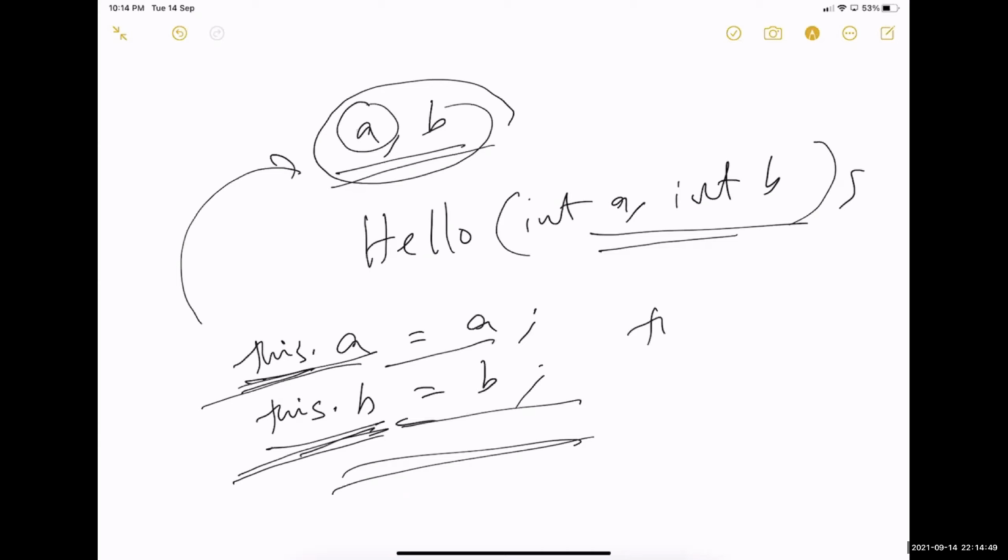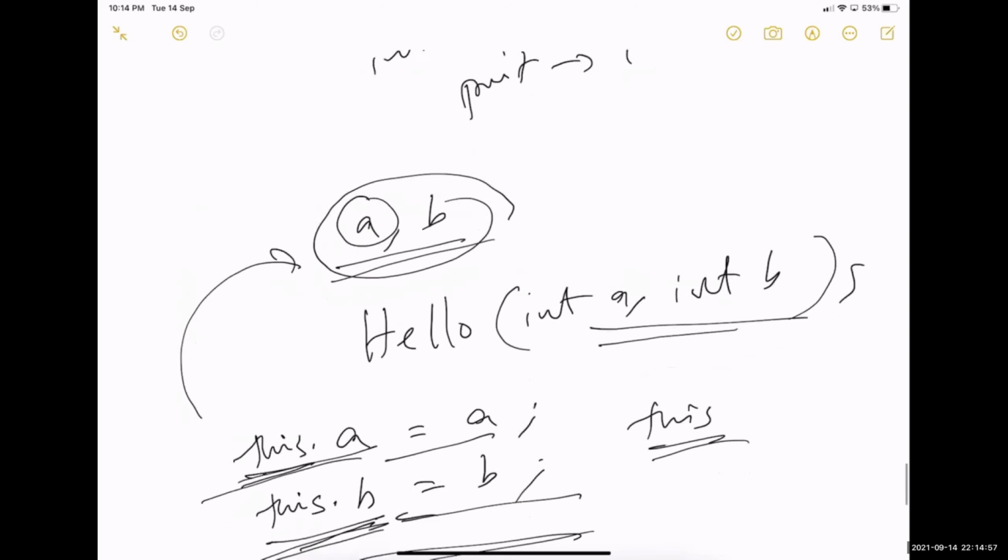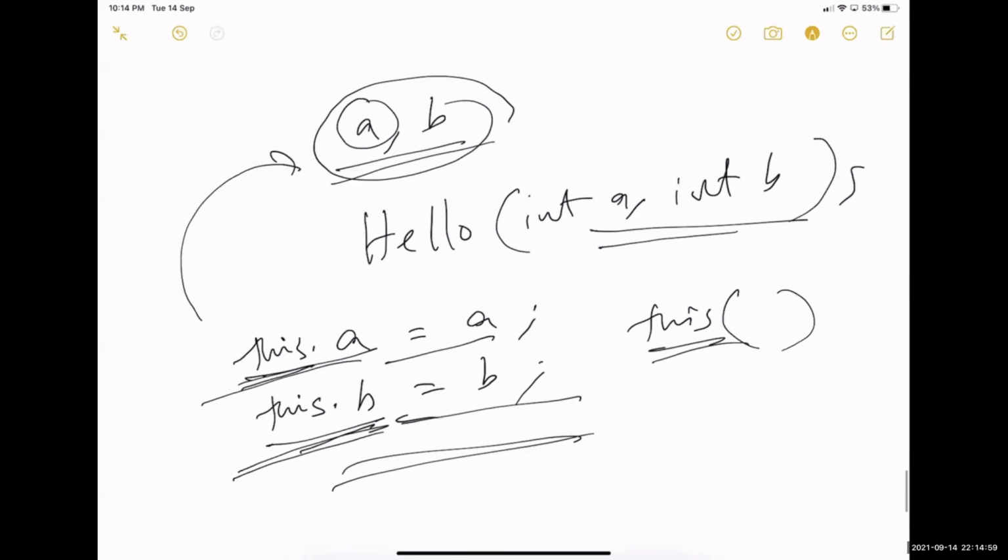So this is another concept that you need to keep in mind. And also, if you need to call another constructor, I can use this like this, and this will call the other constructor. So this is used to refer to the current object. So now you know static variables, instance variables, local variables, and this.